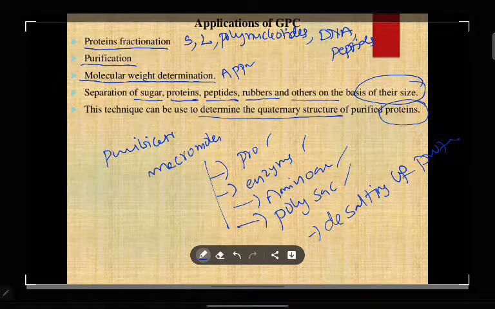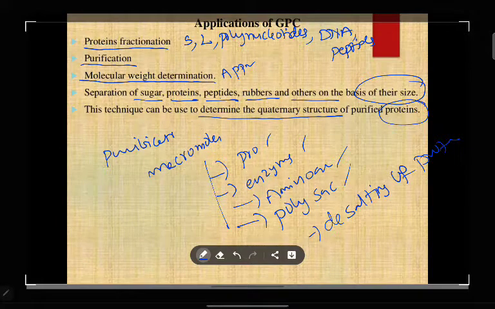At the same time, if you want to purify proteins, polysaccharides, enzymes, amino acids, then polynucleotides, DNA fragments, for this purification also we can go with gel permeation chromatography. So here the basic principle of separation is, we separate our molecules or components based on their molecular size or molecular weight.